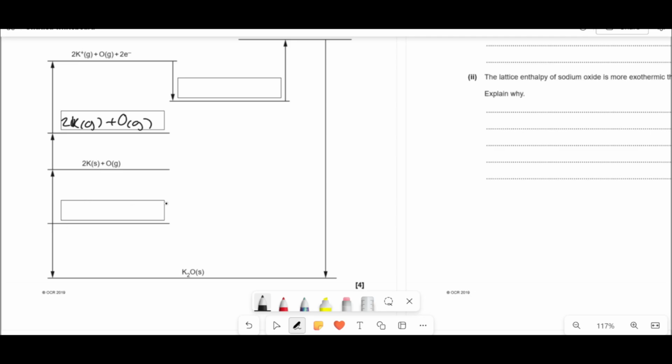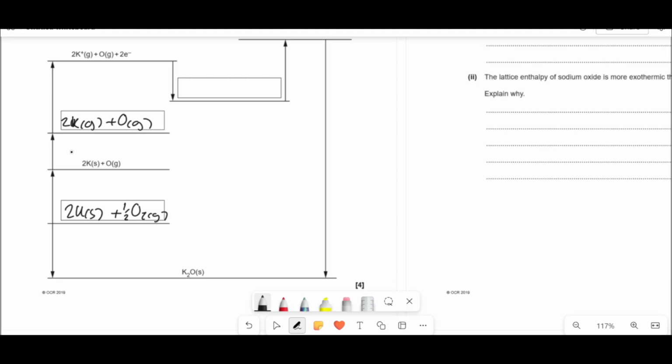Now here we can go from something and it forms this 1 mole of K2O. But as well as that, from here you can turn into this. So that means between here and here, there's no ionizing or electron affinity, so it's got to be 2K solid definitely there. Here, O gas does not exist like that. It's half O2 gas instead. So that means that this is going from its elements to 1 mole of a compound, so that's your enthalpy of formation. Whereas here, solid potassium, but half O2 gas, its element becoming gaseous atoms, so that has to be